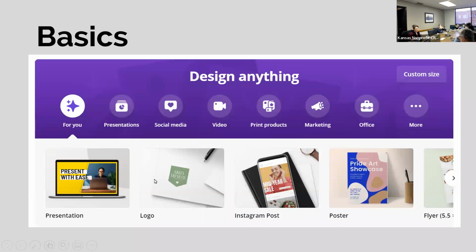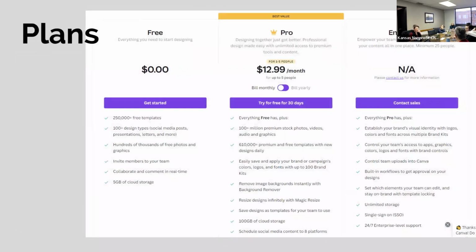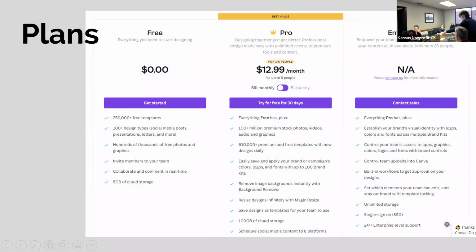So you can create social media graphics, you can make brochures, you could make a catalog, you could make a logo, a t-shirt design, business cards, a wedding program. It does all kinds of wonderful things. I'm going to show you here. Just the good news is, and let me just minimize this, I won't be able to see your pretty faces, but